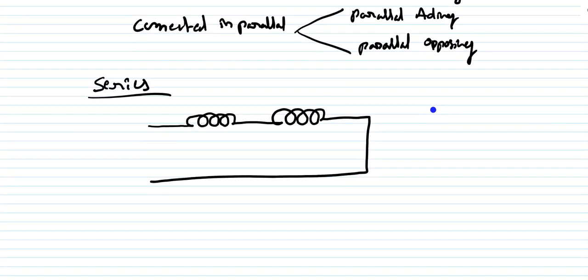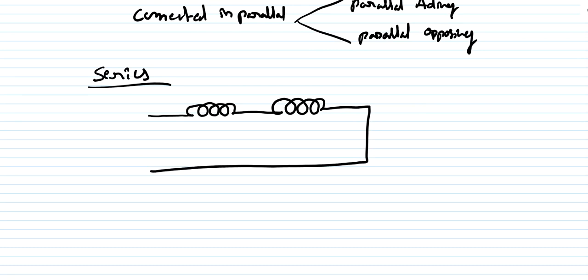So according to that, I have to decide the dot convention here. So I come to know that this is the entering point, and I am putting the dot here. It means suppose this is the current I, so in coil 1 the current is entering, and in coil 2 also the current is entering. So the mutual induced EMF I can write as plus M. So these two fluxes, L1 and L2, are aiding here, isn't it?